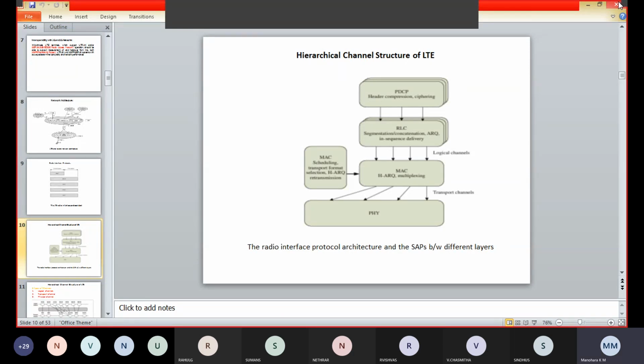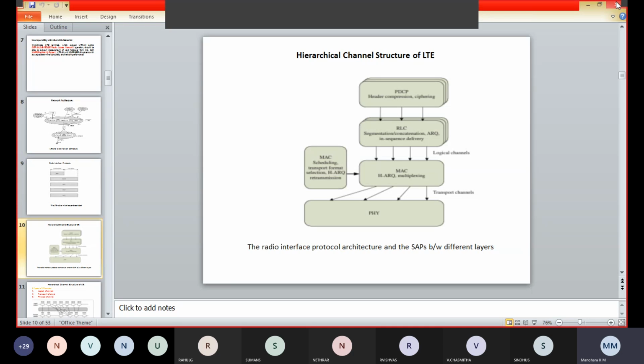So here it is used for transmitting the downlink data, including both the control and the traffic data, and thus it is associated with both the logical control and logical traffic channels. So here the DLSCH supports HARQ, dynamic link adaptation, dynamic and semi-persistent resource allocation, user equipment discontinuous reception, and multicast or broadcast transmission.